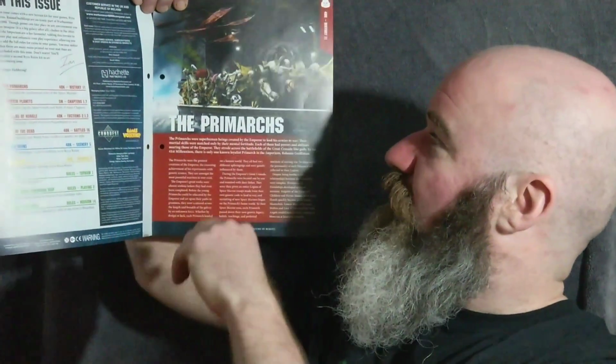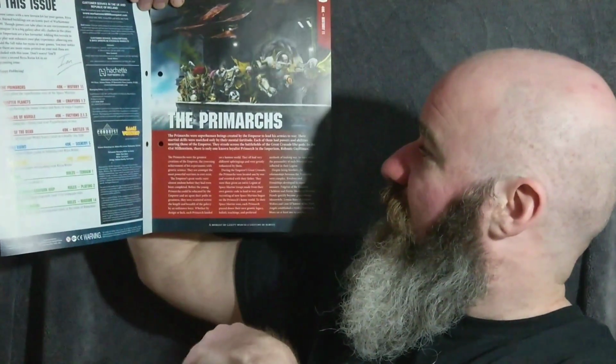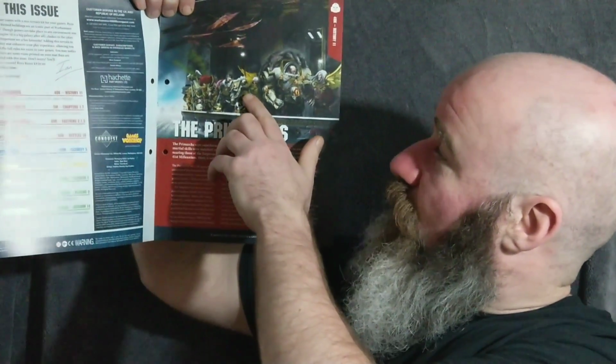It might be on the next page. It does say which Primarchs are featured in this picture. And next to Lorgar, we've got Dawn. Now, Dawn's my favourite Primarch, probably. I need to read more about him before I can say for definite he's my favourite Primarch, but I just love how stoic he is, and how much...